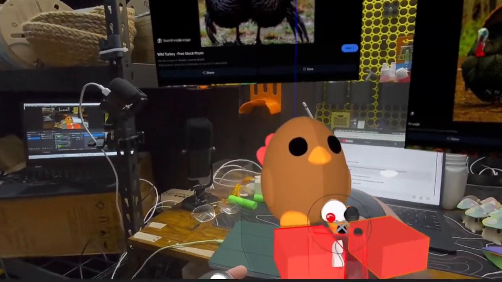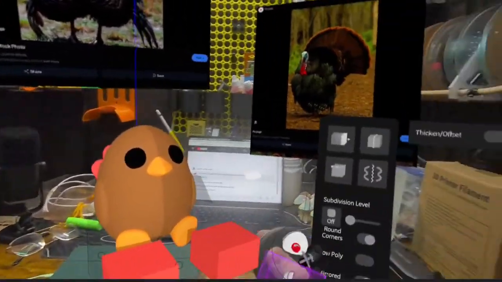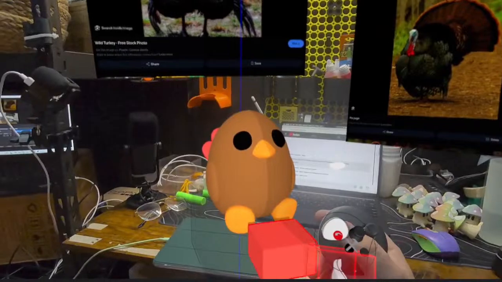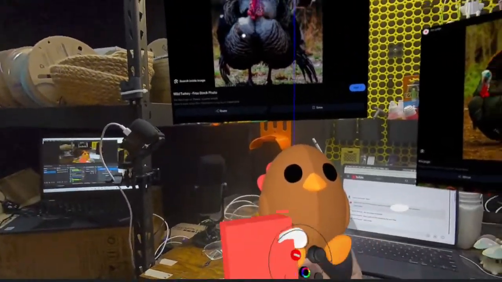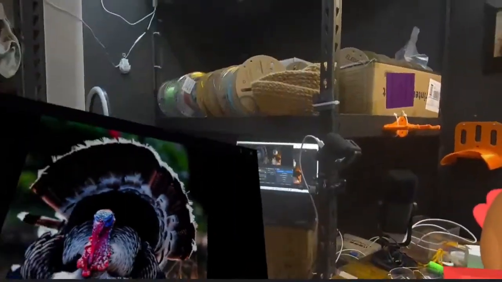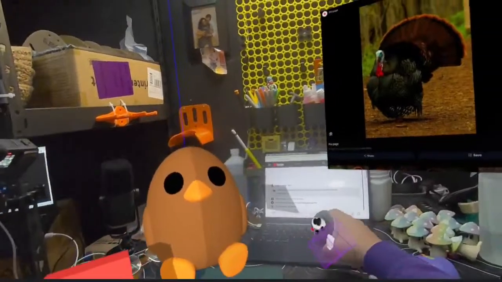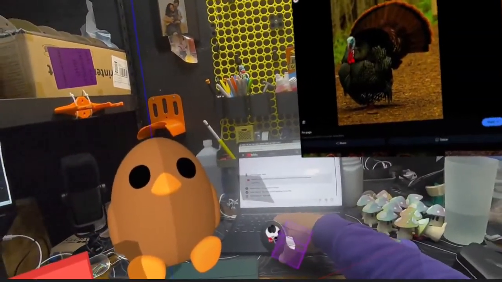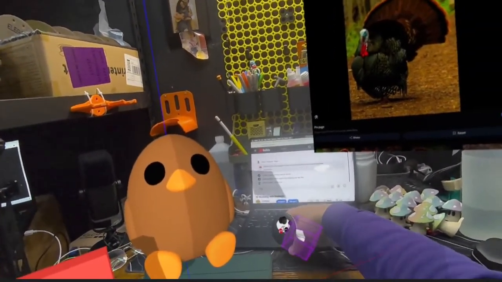Anyway, okay, we're gonna jump into subdivision here. We're gonna bake this one mirrored, and we're gonna bring it in. This here is an effort to make our little gobbler situation.